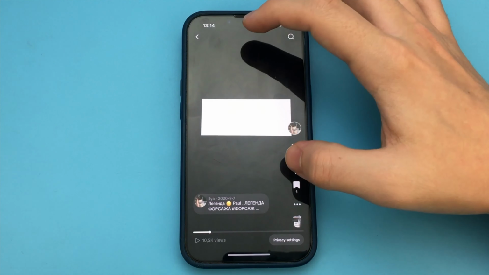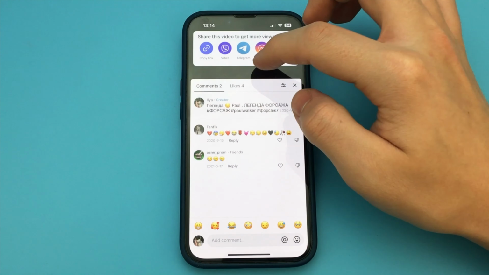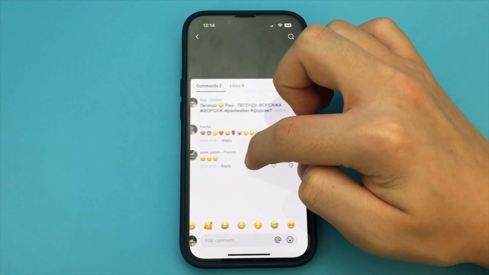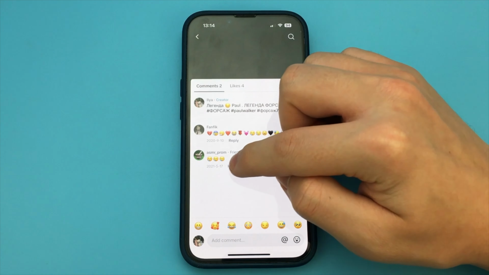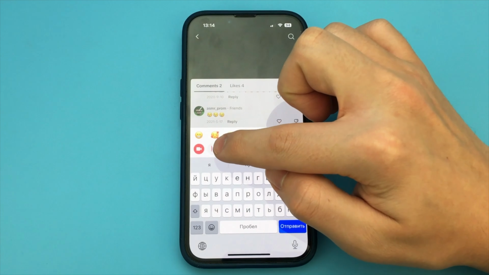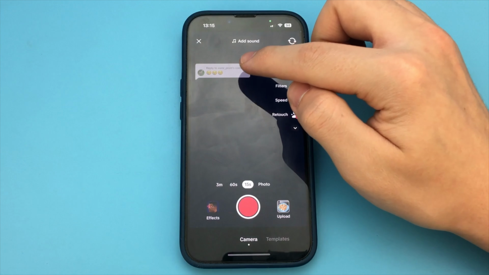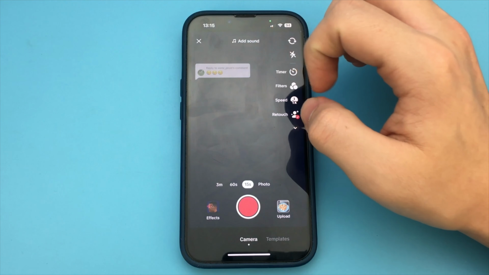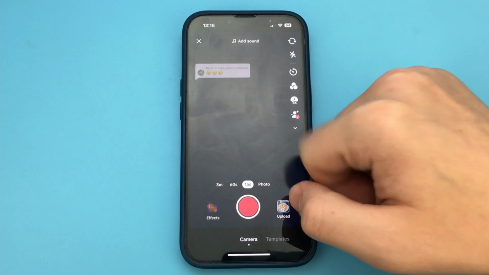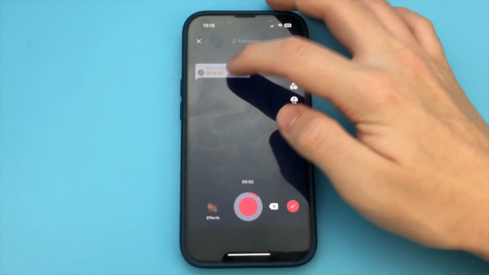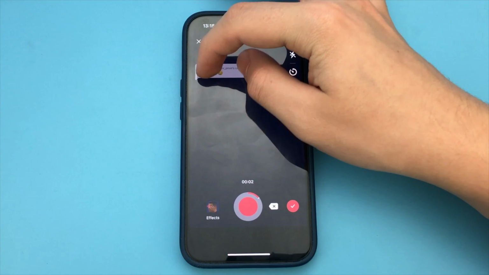For example, this one here, you click and here you have a camera icon on the side. You click on it and you have the function to record a video response or select a ready-made video. You just click record, you record this video response. Click next and we can edit this comment to make it bigger, smaller and record such a video response. As you can see, this is a very simple and quick way. Done. There is nothing complicated.